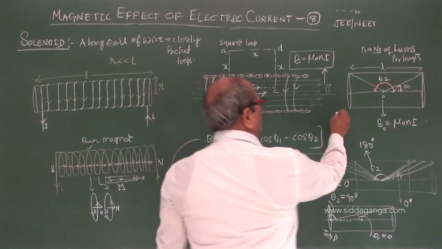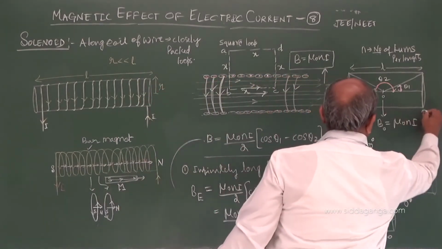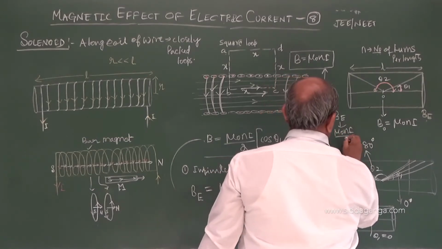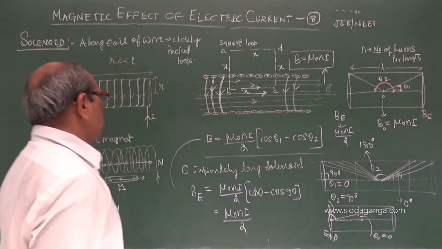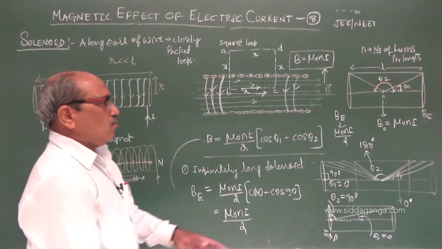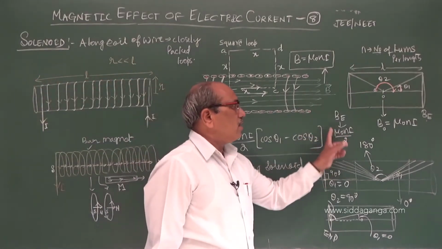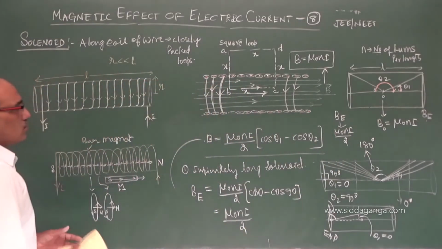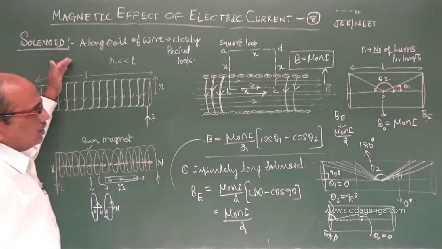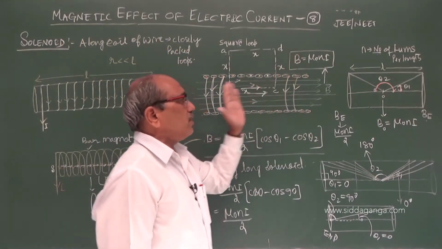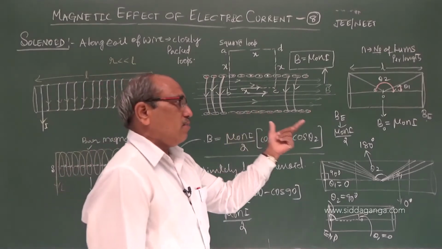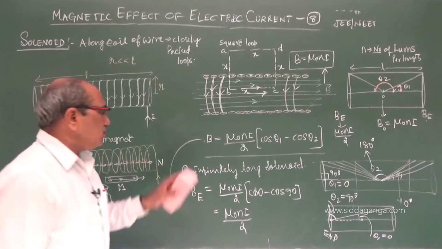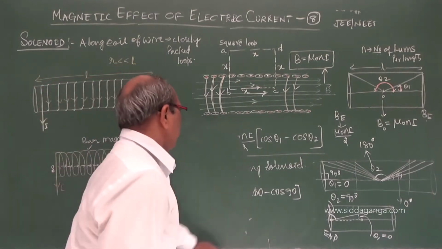So at the end points, either left or right end, the magnetic field is mu naught nI by 2. Almost it reduced to 50%. When we come to one end, either side, well within, almost similar. So this is the solenoid, and we got the expression for magnetic field well within the solenoid and at the end points, and outside it further goes on decreasing. So I am showing this relation graphically.